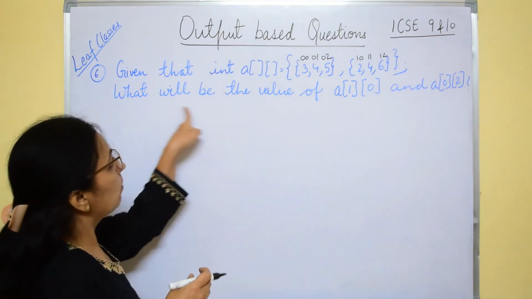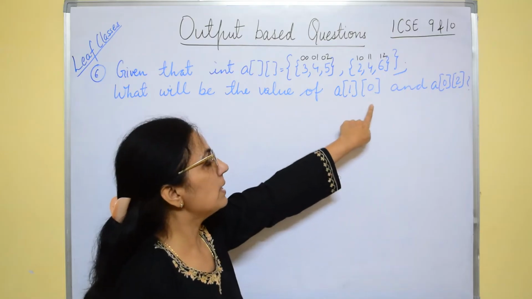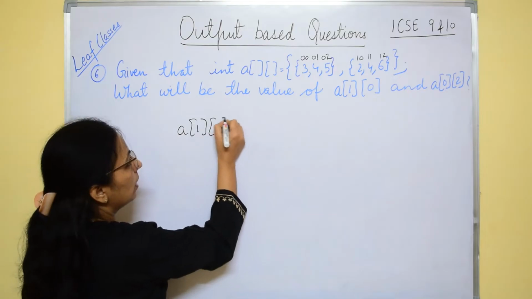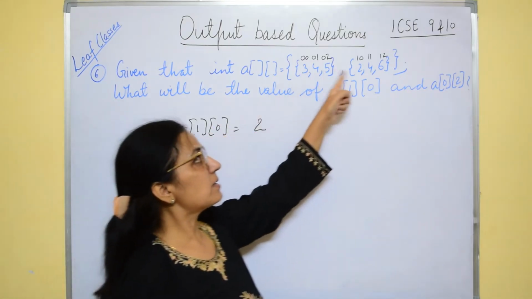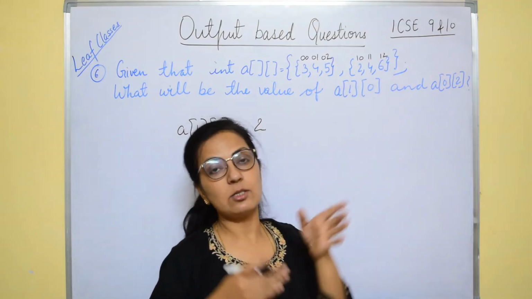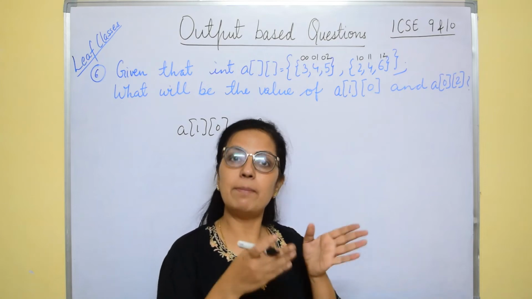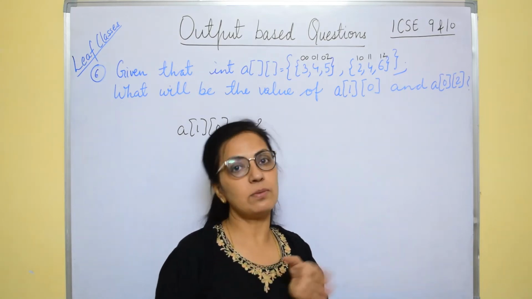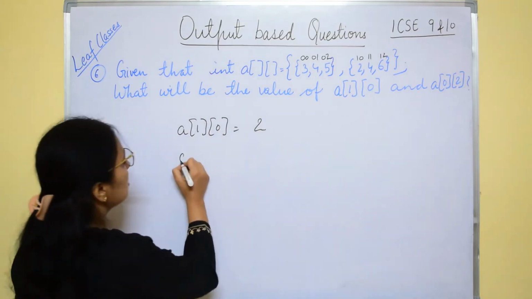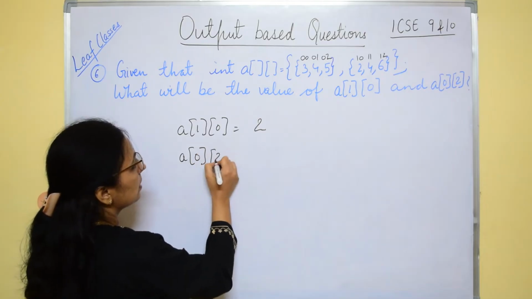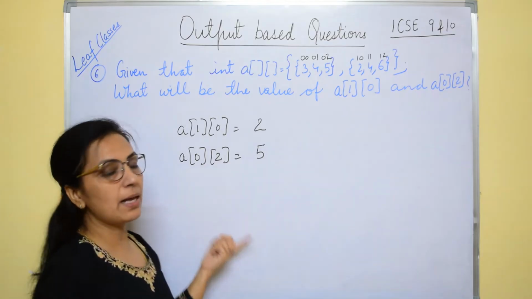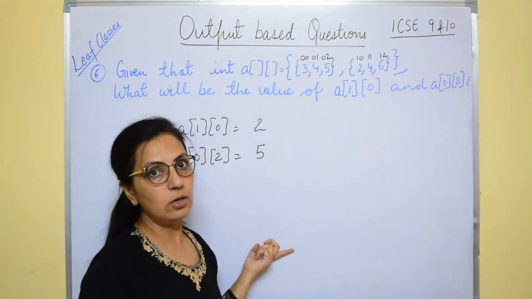So the question will be, what will be the value of a[1][0]? a[1][0] is equal to 2. If we write the subscript in the beginning, first you write 0,0, 0,1, 0,2, 1,0, 1,1, 1,2 like this, all row wise, then you put column numbers for each row. Columns also start from 0, rows also. So a[1][0] is 2 and a[0][2] is 5. So this is how it becomes so simple to write the solution.